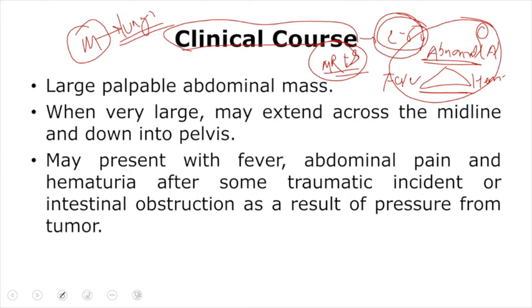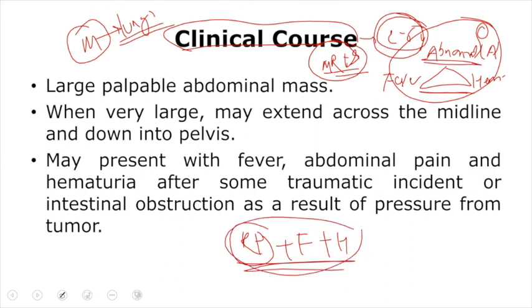So if you appreciate a retroperitoneal mass, and along with the mass you can appreciate fever with hematuria, then one of your differential diagnoses should be Wilms tumor. But it is a point to remember that not every retroperitoneal mass is a Wilms tumor. If there is a retroperitoneal mass, it can also be a pheochromocytoma, or even a neuroblastoma. So it can be a neuroblastoma or a pheochromocytoma of the adrenal gland. This is basically the same thing.